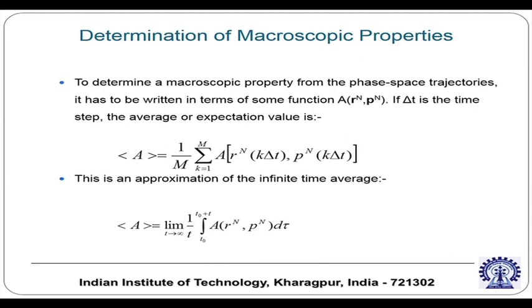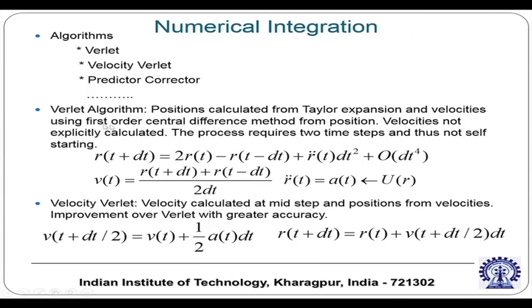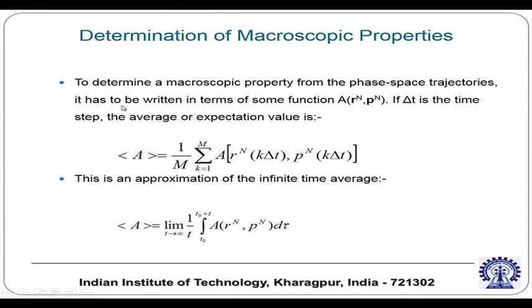Now you get molecular information in molecular dynamics, but how do you determine macroscopic properties? Here you use some statistical mechanics. You have to determine a macroscopic property from phase space trajectories. The phase space will typically have the position and the velocity, or momentum versus position space. So you can see that it is a function of the position and momentum, or you can write it as position or